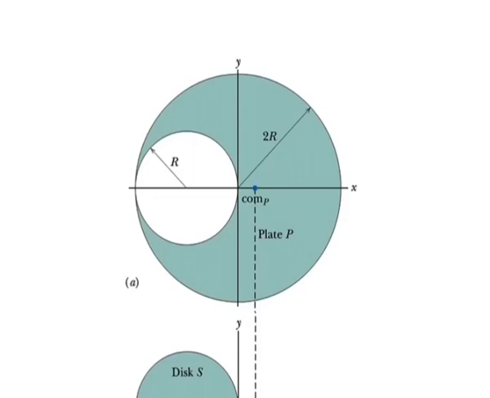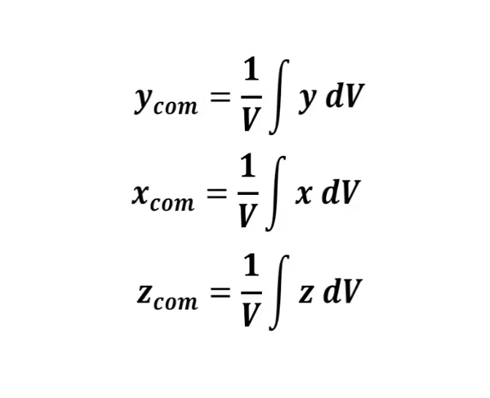Our job here is to find the actual value of the location. Now we know that the plate P is an extended solid body. So, in principle, we can use the following equations to find the actual coordinates of the center of mass of plate P. Here we are simply looking for the xy coordinates of the center of mass because the plate is